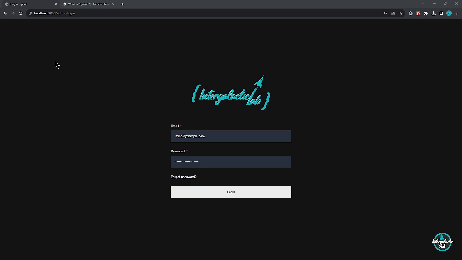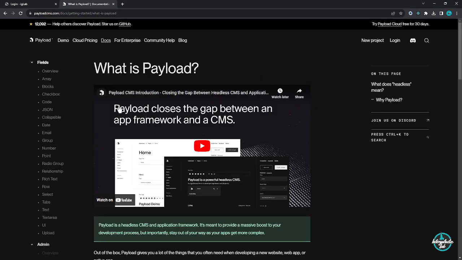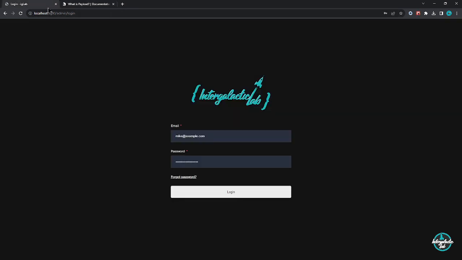Hey, this is the first overview of creating a portfolio website using Payload CMS. Payload is a JavaScript or TypeScript based headless CMS that will create an API for you and give you a nice user interface to add all your content for your website. It provides a bunch of pre-configured fields, and it is quite easy to extend by just editing or adding objects to a configuration object. So what I've done so far is I have created some branding on the back end,